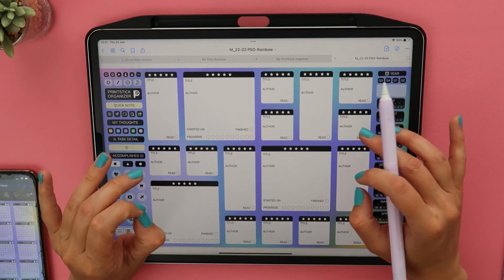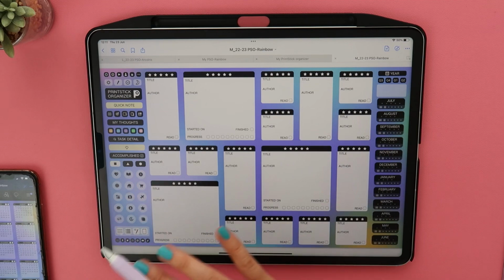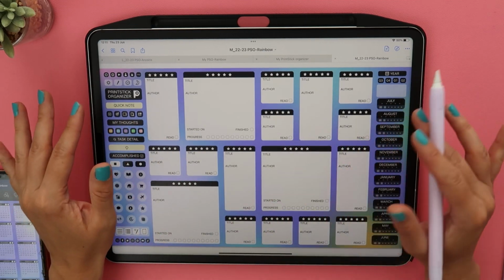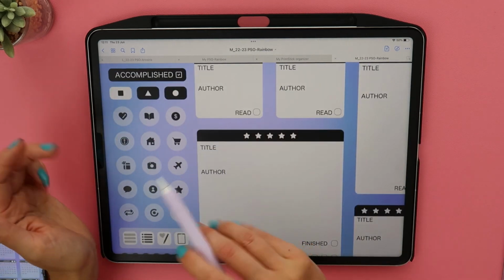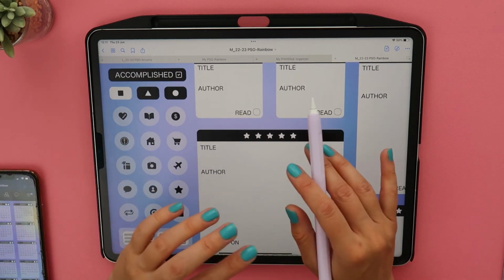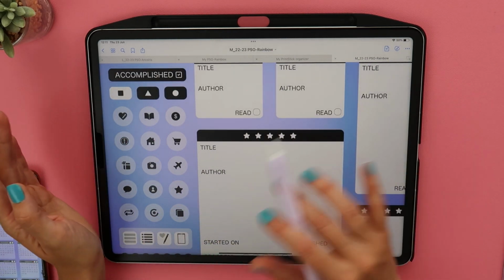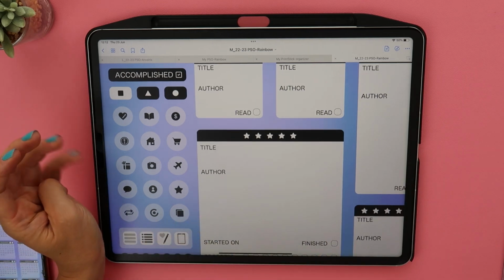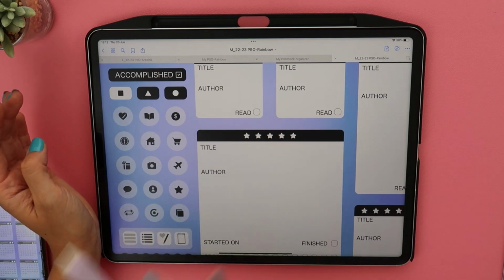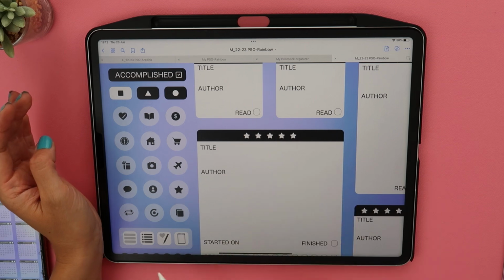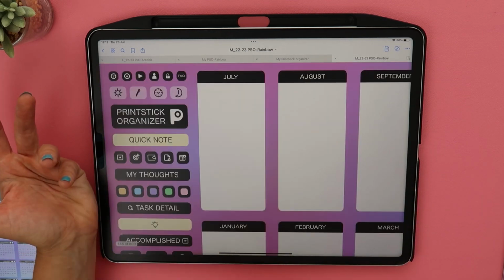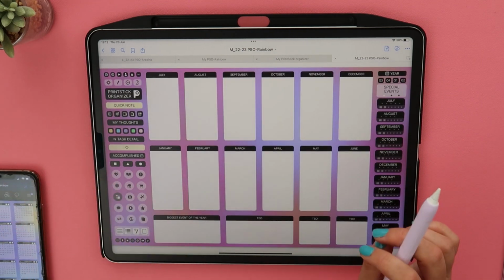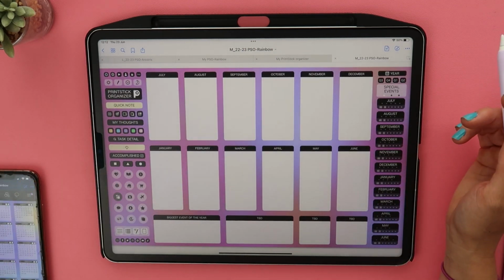I say that because here you might find some sections that are not necessarily applicable to your life, but you might find some pages that you think, hey, why don't I use this? I think it's going to help me in my life. I never thought of using it or entering this info, but I think that it could be helpful. So I really do encourage you to go through them. You might find some that are actually quite helpful, and you will most definitely find at least a few that will help you. I'm not going to be able to show you all of them here in this video, but